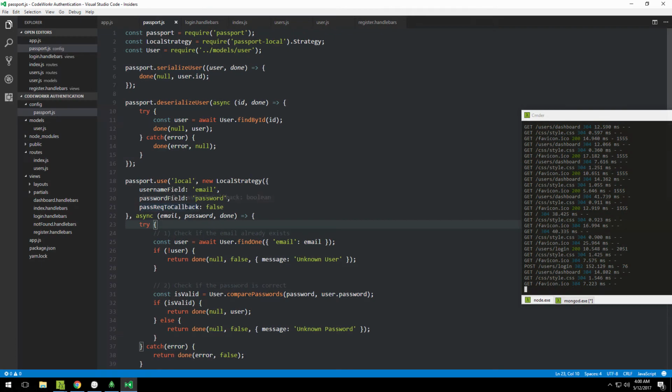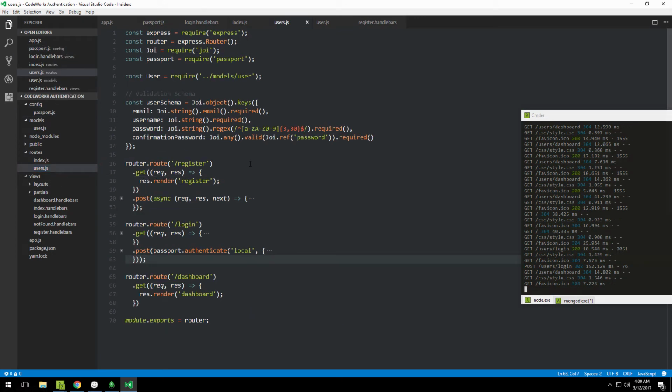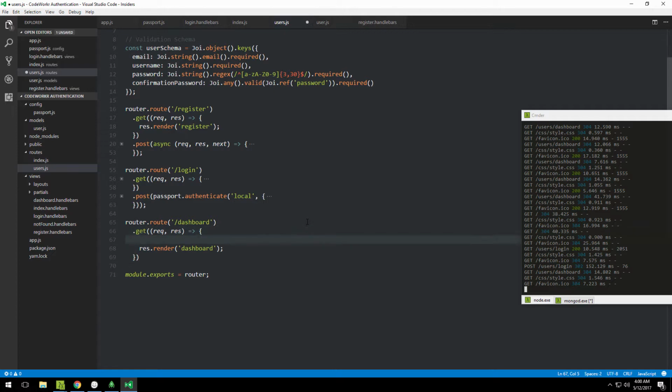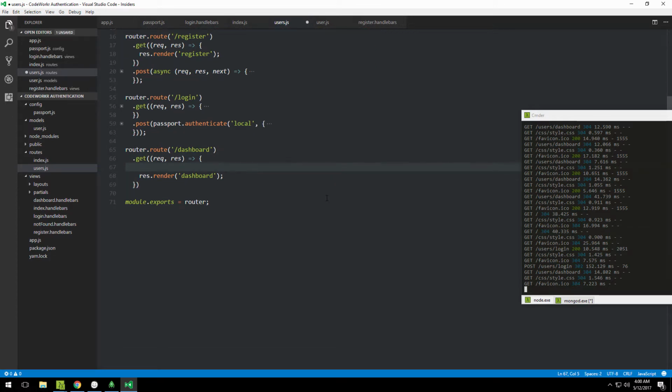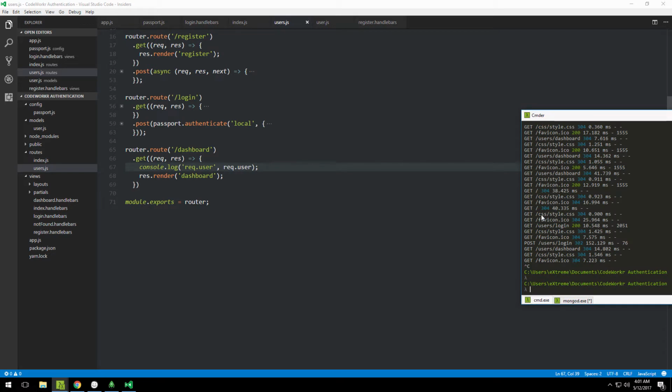Okay, so first of all I want to show you something that passport.js did for us. This is as good a place as any. Passport.js has modified this request object for us, and in case the user is logged in, we have access to this request.user, which contains the data about the currently logged in user. So out of curiosity, let us simply console.log that object so you can see the contents of it. I'll type request.user and then print it out like this. Let me refresh the server